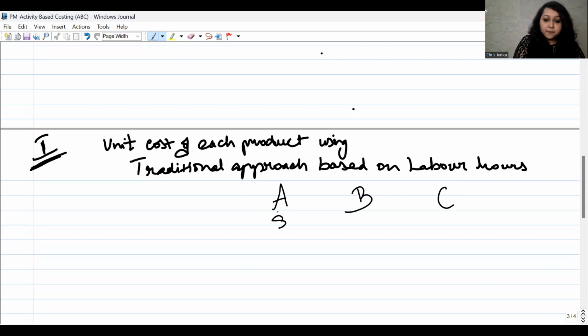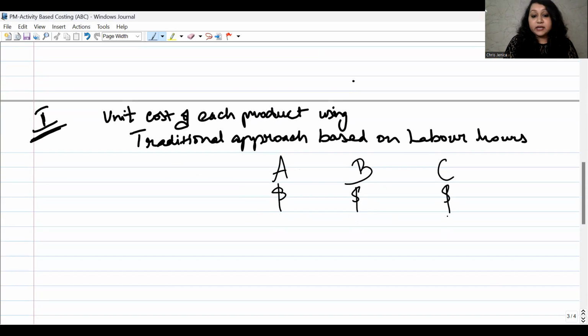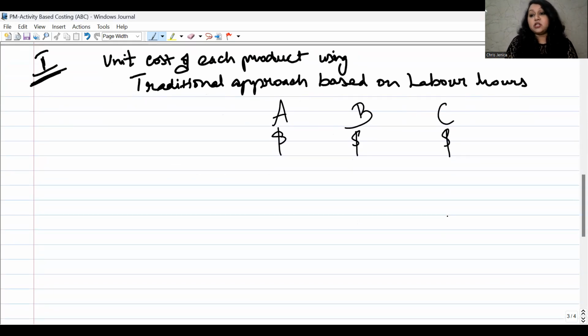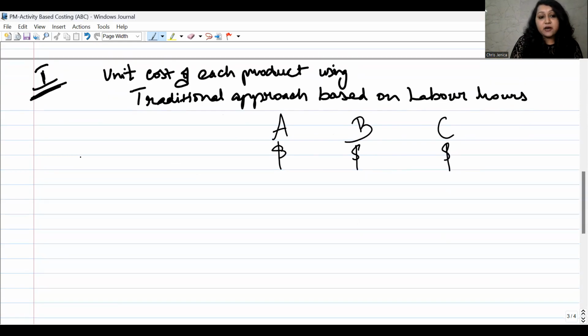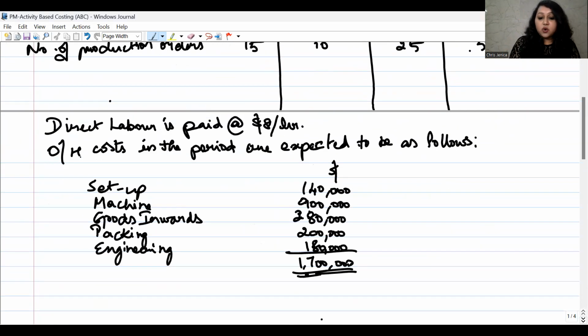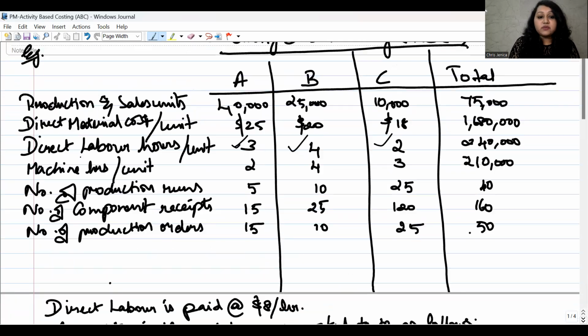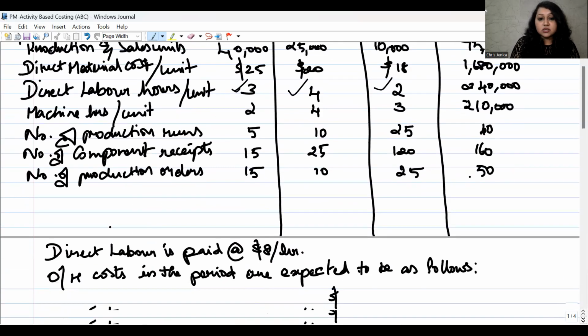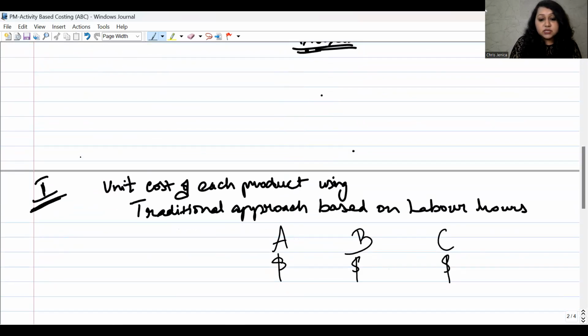Now, what are the costs that we will be including for calculating the cost of the product? The information we have is direct material cost per unit and direct labor hours per unit. So these are the direct expenses we have. Then we have our overhead costs of around 1,700,000. Now first we will include our direct material cost, right? So starting with